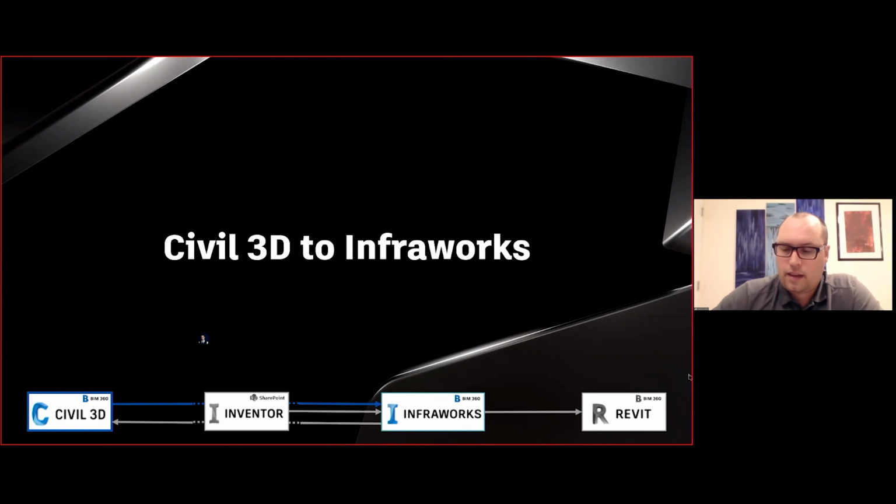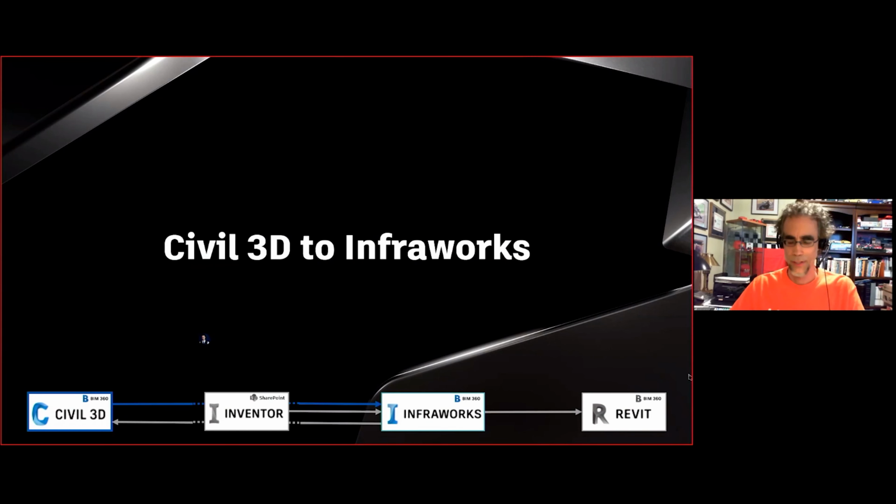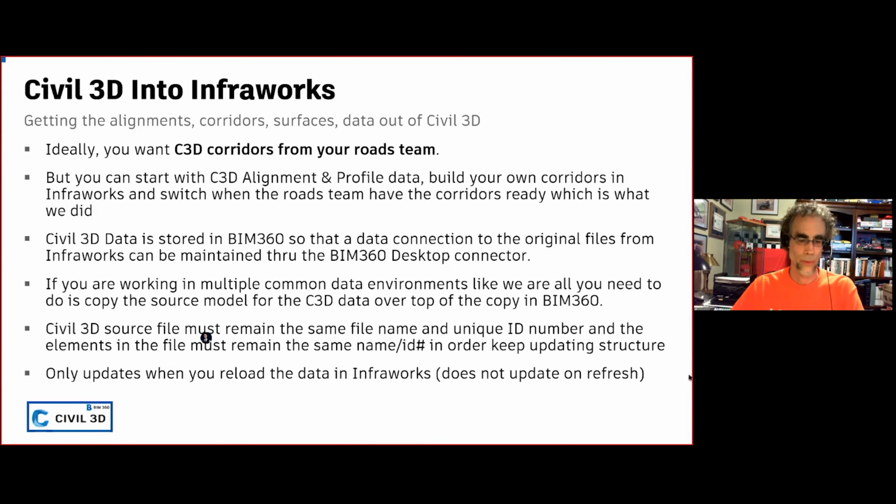As we mentioned, trying to do this in other software like Revit alone or Inventor alone or anything else alone just would not have worked. Yeah, I'm a solid Revit user. I would not have been able to do this in Revit alone. There's just no way. So the first step of the process is in Civil 3D.